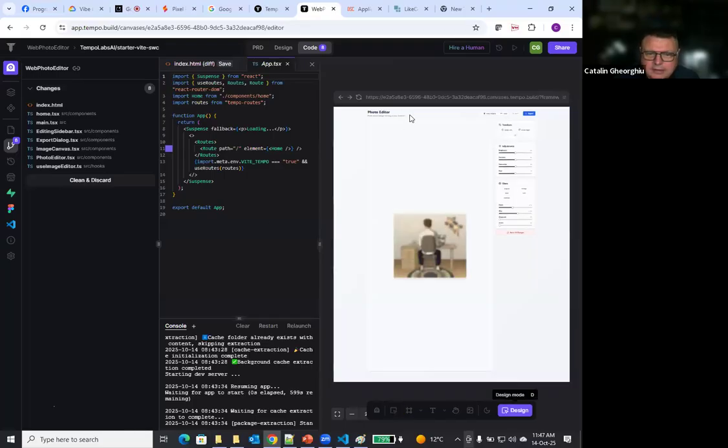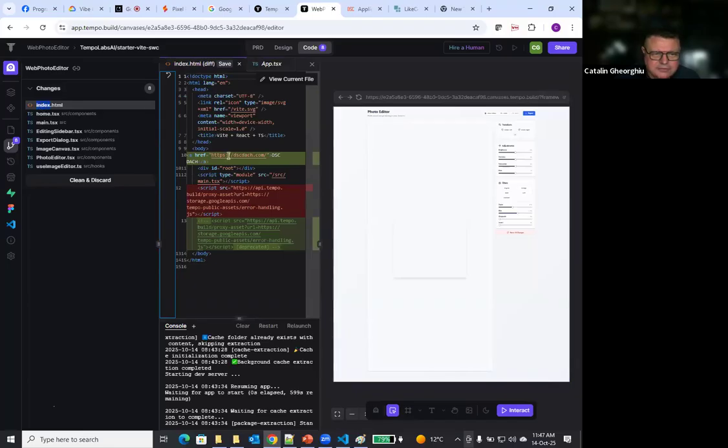So let's interact and see what we have. Here, the modification did not work that much, but still, we have some payload here.